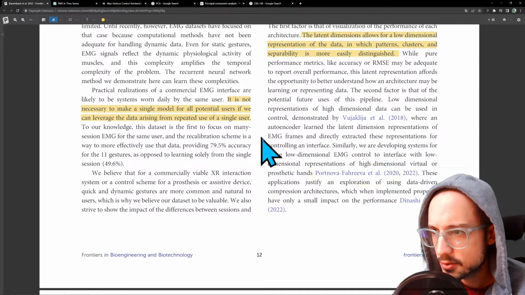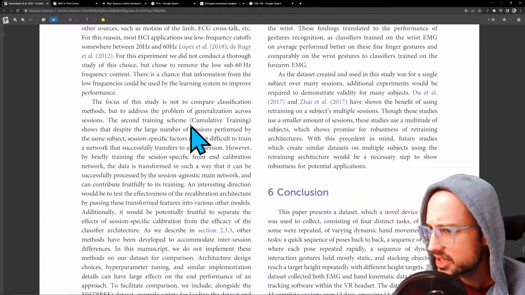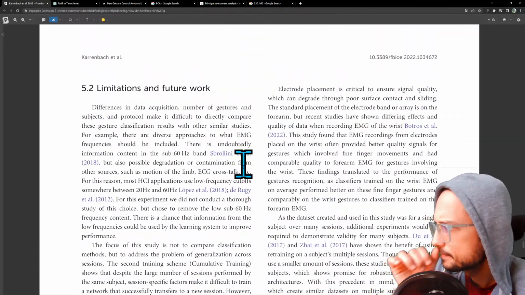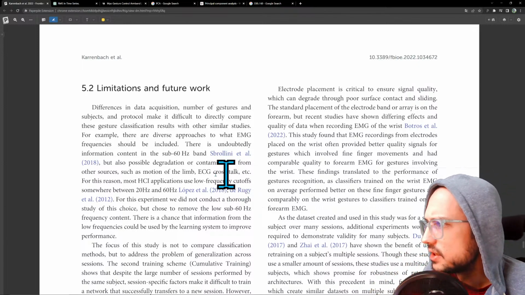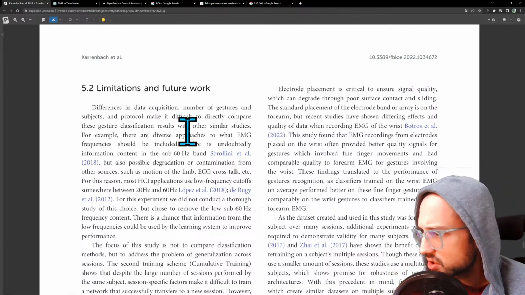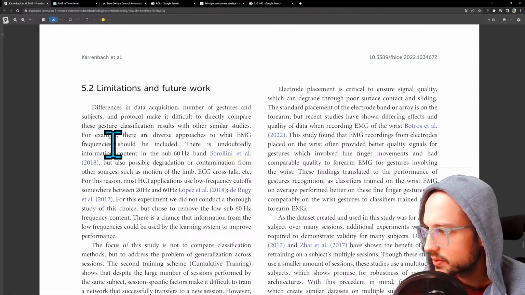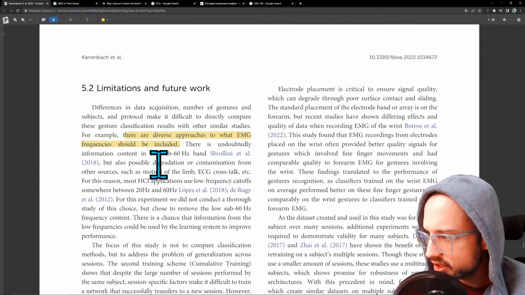We are developing systems for using low-dimensional EMG control to interface with low-dimensional representations of high-dimensional virtual or prosthetic hands. Limitations and future work. Differences in data acquisition, number of gestures. There are diverse approaches to what EMG frequencies should be included. Okay, so even some of this filtering that they did isn't necessarily agreed upon. There seems to be a variety of different tricks here in terms of what